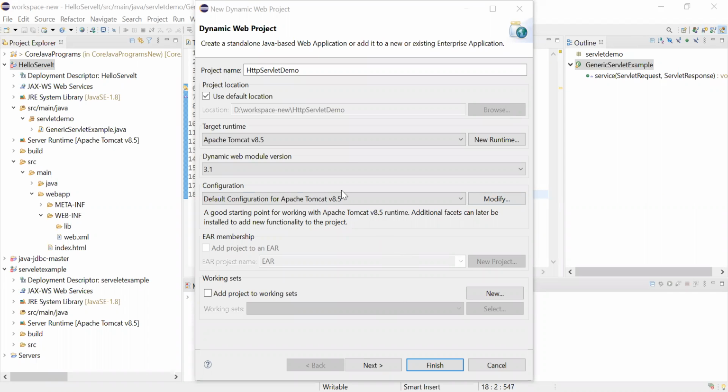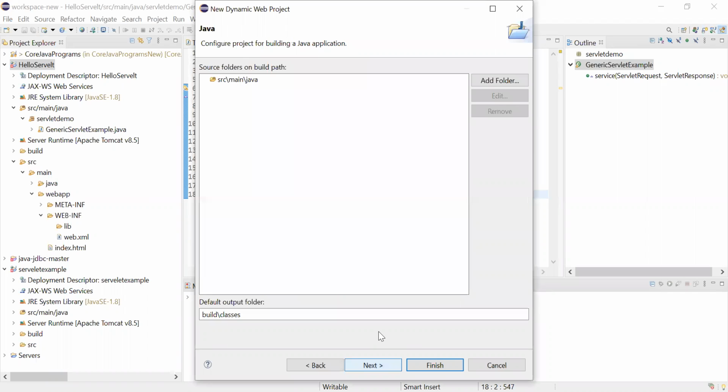Okay, so now I'm creating a new project, HTTP servlet demo. Since Tomcat is already installed and configured in our Eclipse, it is taking it automatically. So next.